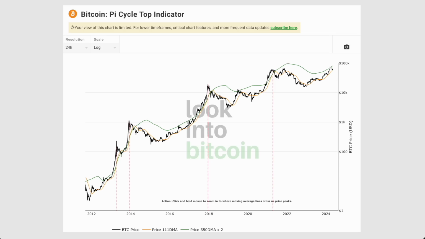So we know that these two moving averages, when they cross over, that's bearish, that precedes a bull market peak and top. But what's also interesting about these two moving averages is that they can be dynamic resistances and support. So this green moving average here is going to act as a resistance, and it is doing so for the time being, just like it did back here, as you can see in the 2021 cycle before it broke